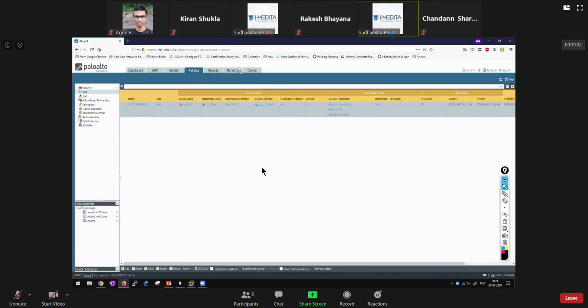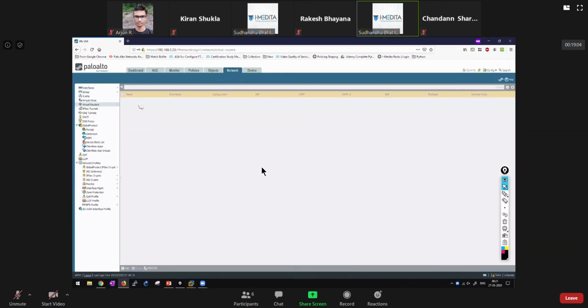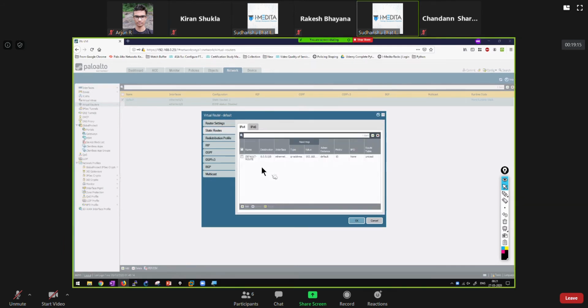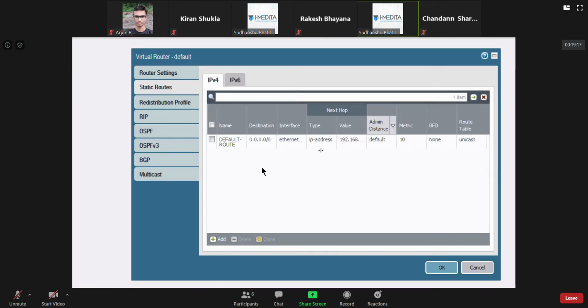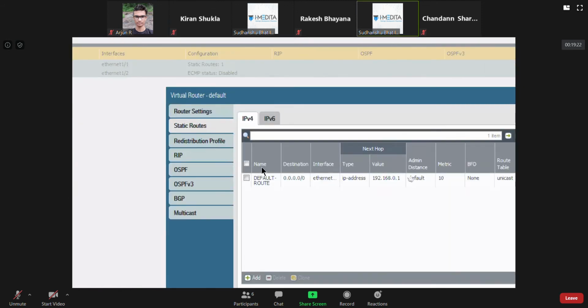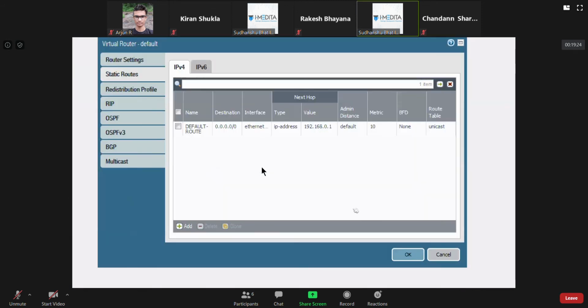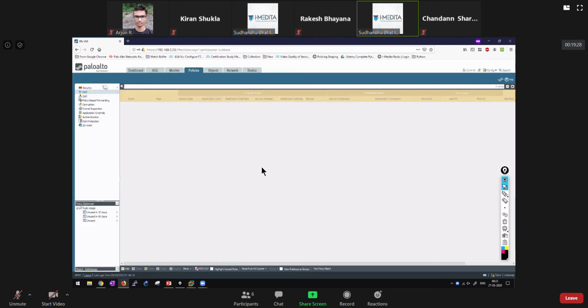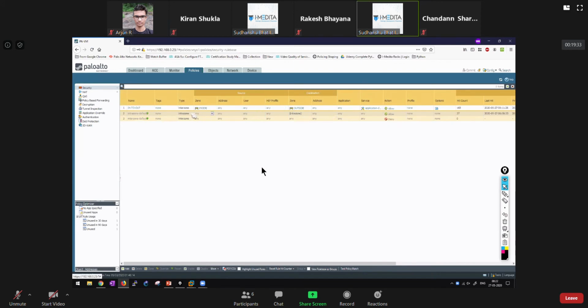Also, I have the virtual router configured with a default route pointing to the outside interface. These are the things which you have seen already. I'm just giving an overview of what the base configuration is. So this default route is there, and in the security policy also I have a rule allowing traffic to go from inside to outside.